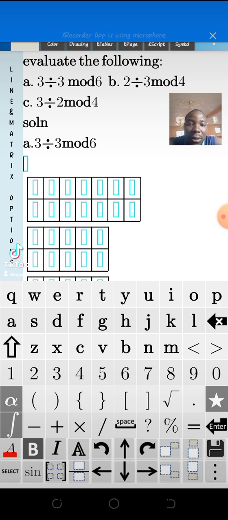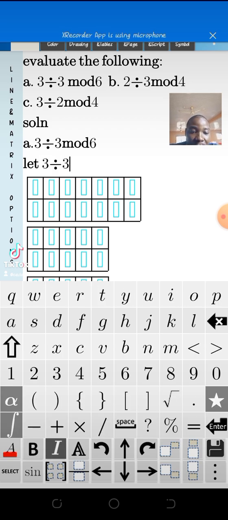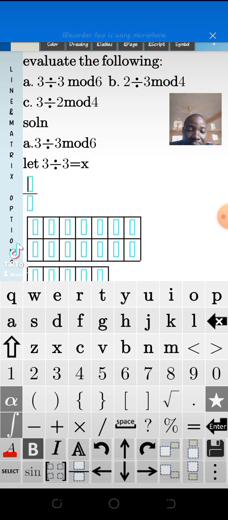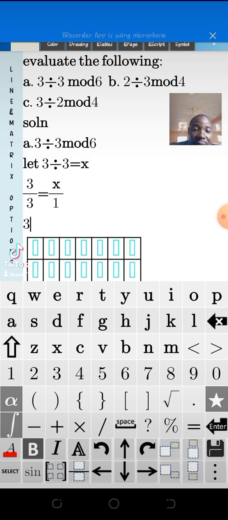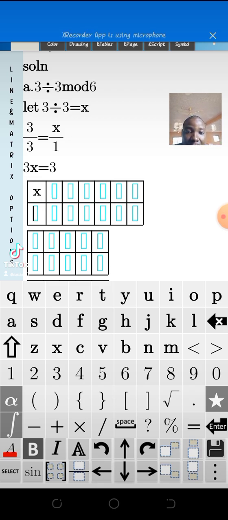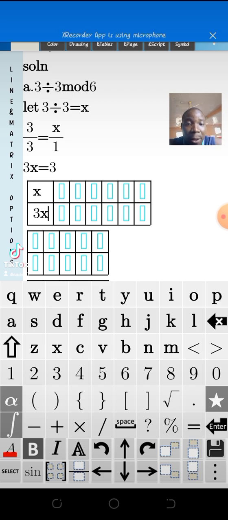All right. So doing that now, you're going to say let 3 divided by 3 be equal to a particular variable, say x. Then 3 divided by 3 is the same thing as 3 over 3 equals x, which is the same thing as x over 1. Cross multiplying now, you have 3 times x, 3x equals 3 times 1, which is 3. Then you quickly draw your table. You draw a table like this. The table is going to contain x, and then your 3x that you have there. Don't forget this is in mod